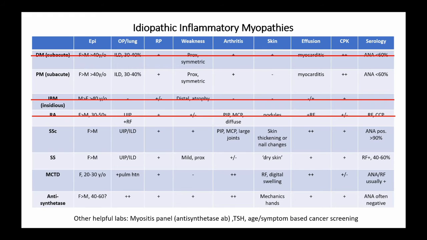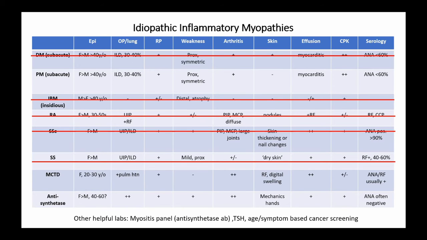Scleroderma is here. With scleroderma, you would typically see skin findings, which we do not have. And then the ANA is usually positive for scleroderma. Sjogren's, no reports of a dry mouth, dry skin, dry eyes. So not really getting anything Sjogren's related. Mixed connective tissue disease fits a few, typically younger patients, more pulmonary hypertension, not as much parenchymal lung disease, and the ANA or rheumatoid factor are typically positive in mixed connective tissue disease.